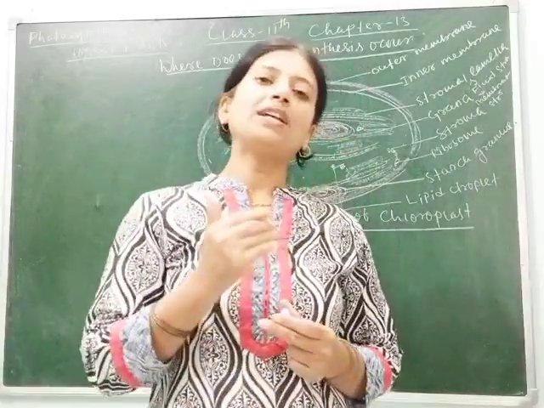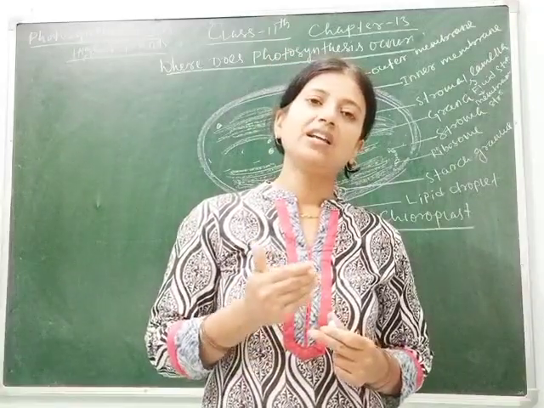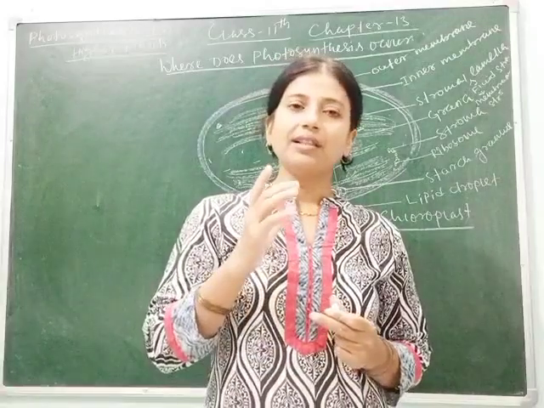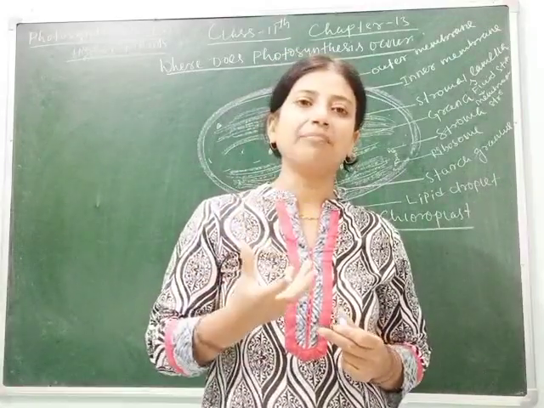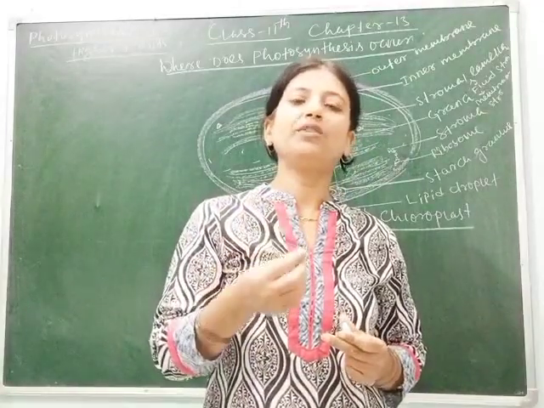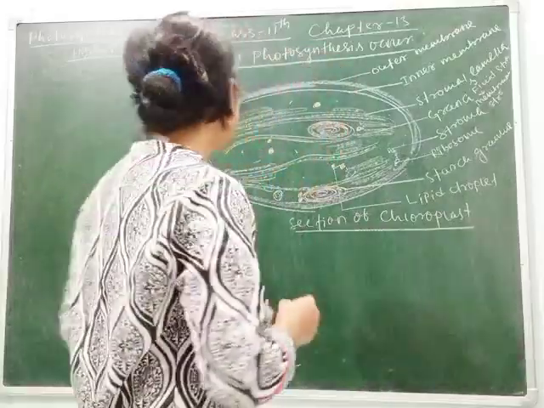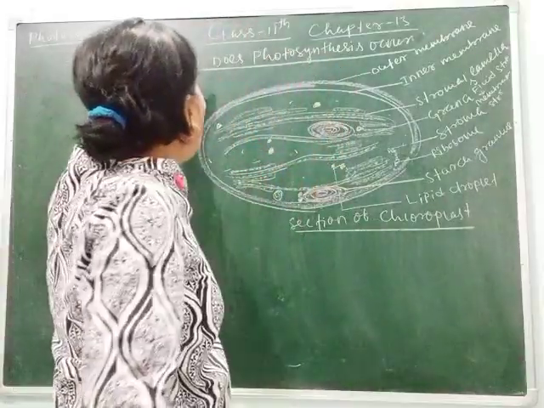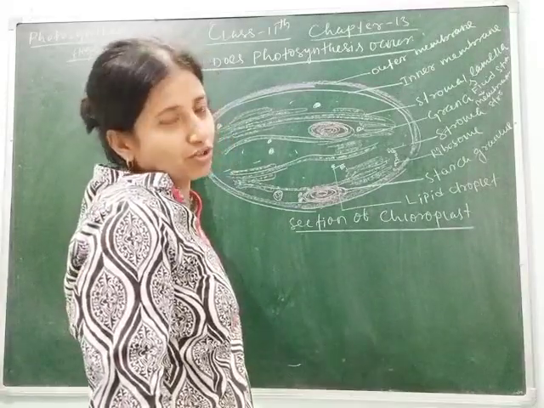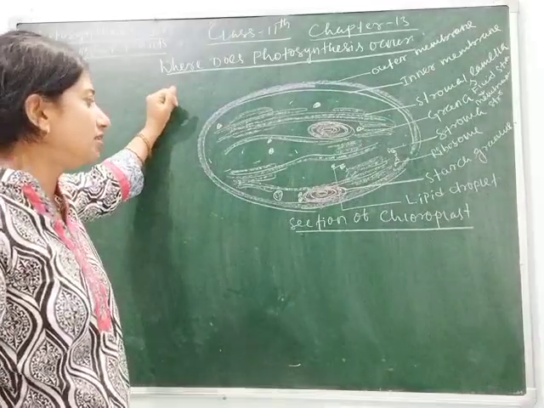Not only in the leaf, but in some plants chloroplast is also present in the stem. In desert plants, for example, you see a green colored stem, and in that plant the leaves are reduced or modified to spines to decrease transpiration, meaning loss of water. So today, as we are studying in a higher class, our topic is also higher. So let's see where photosynthesis occurs.